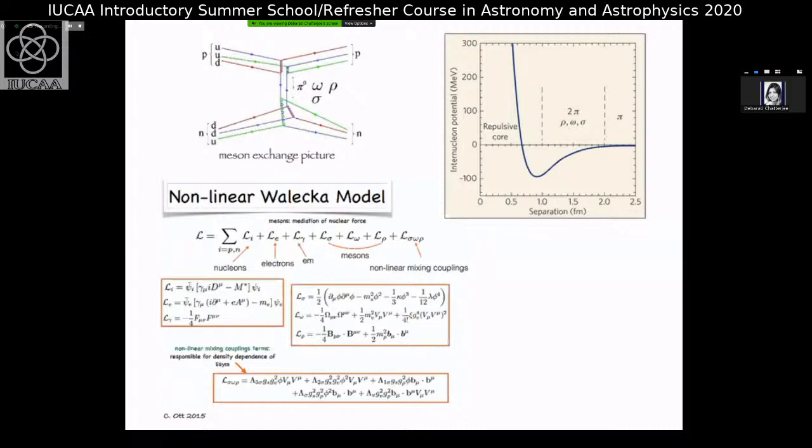So apart from the sigma and omega, there is also a rho meson which takes into account the isovector properties, which means the difference between